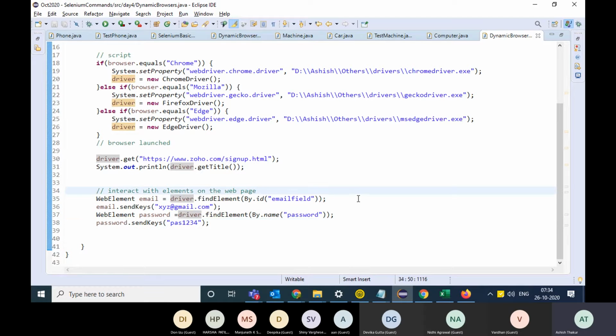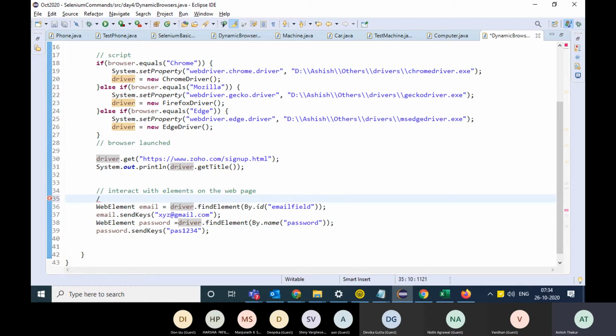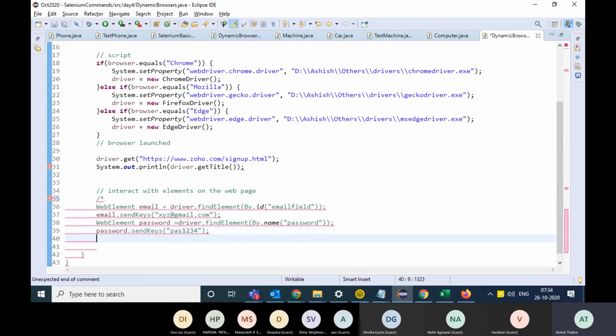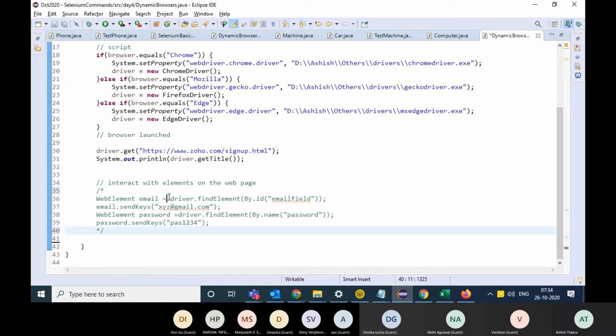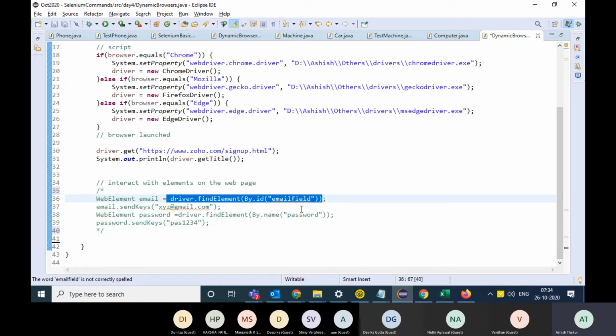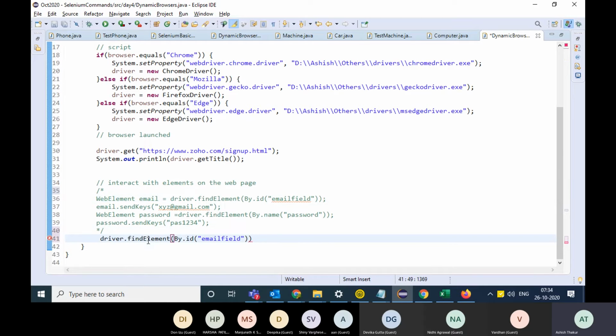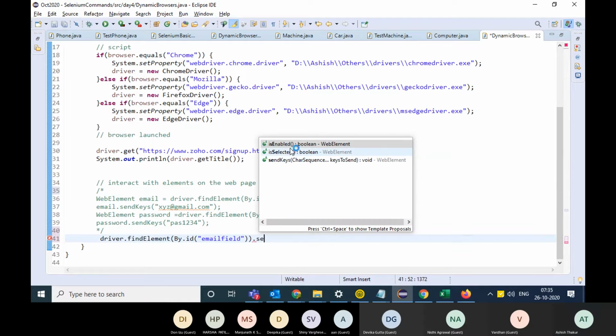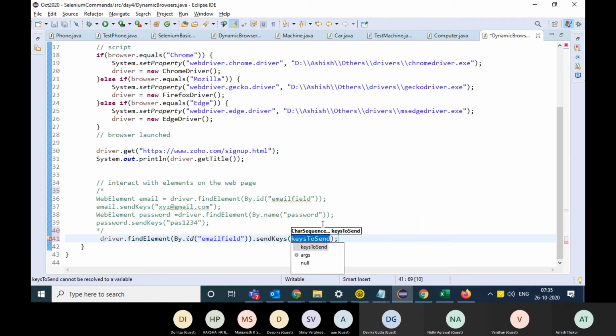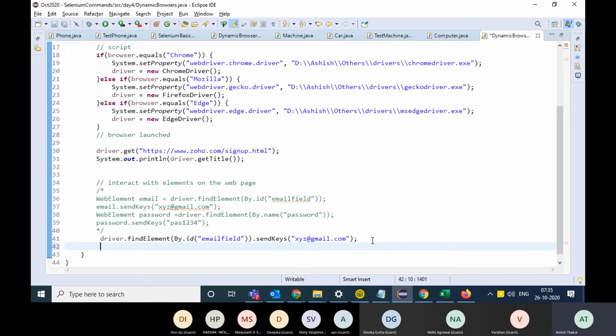Okay, I can also, hold on, I'll comment this. I can write in one line. That is driver dot find element by the criteria dot send keys. And you can probably type me.